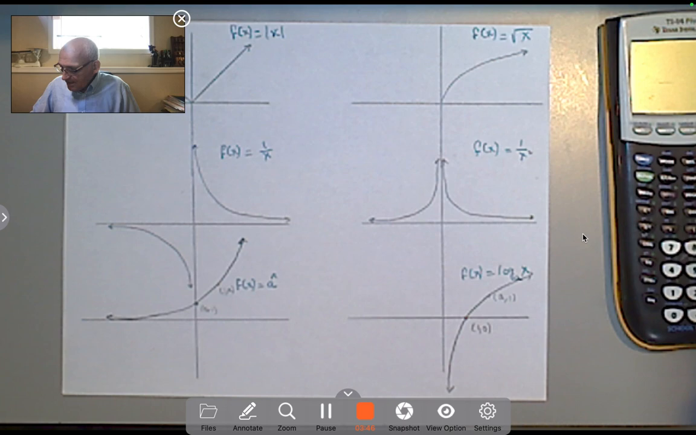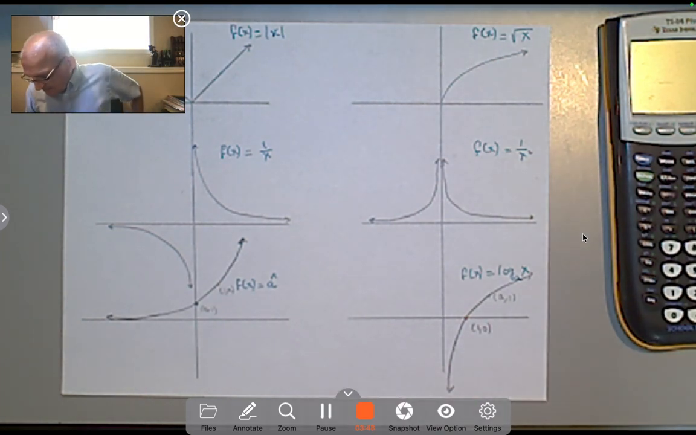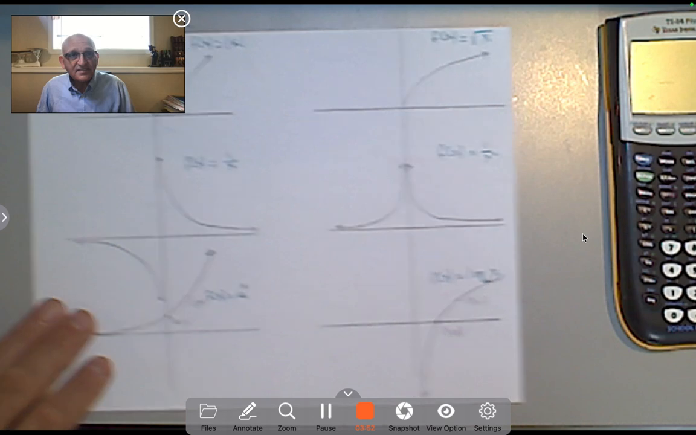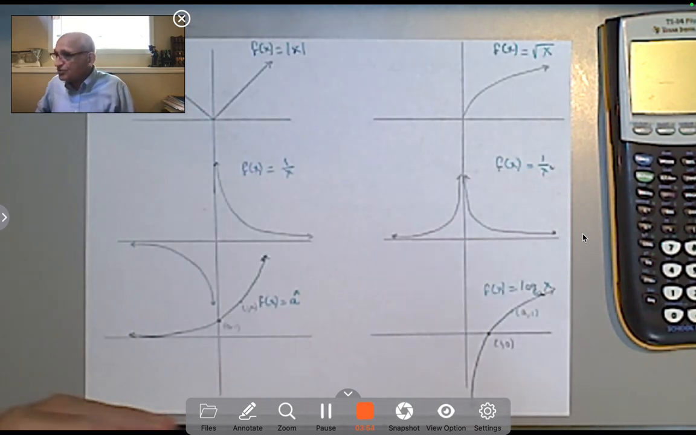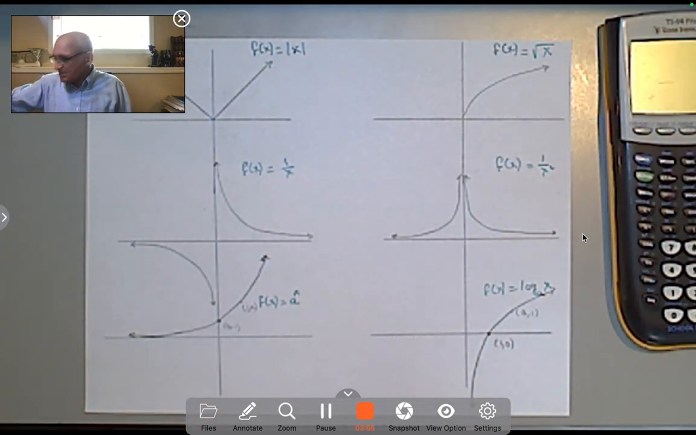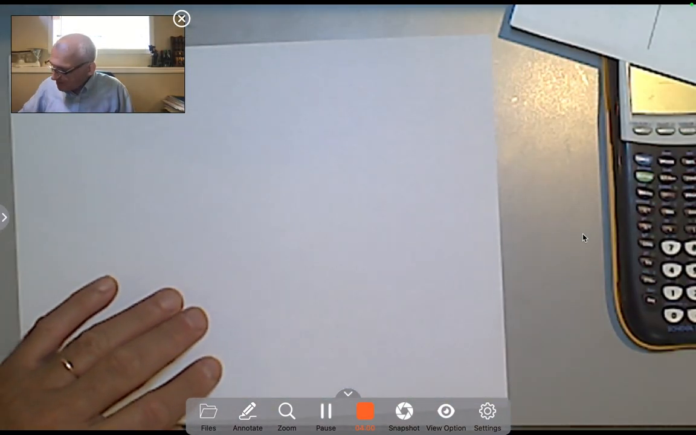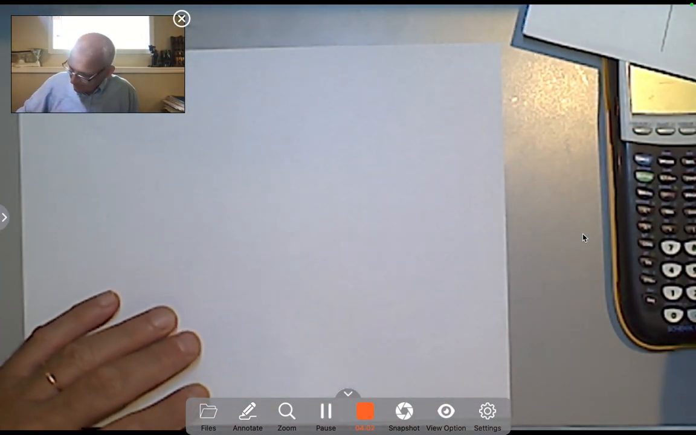And again, basically, these are the 6 I showed last time. Maybe today we'll do a couple of examples. So let me start with maybe an absolute value graph. Let's say,